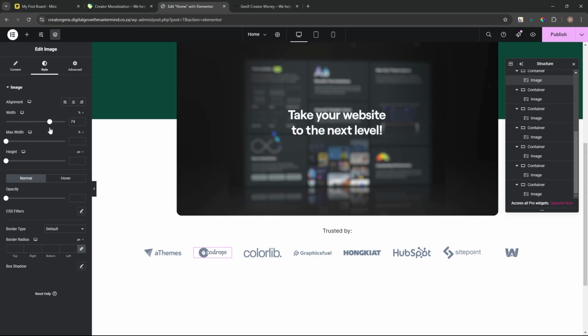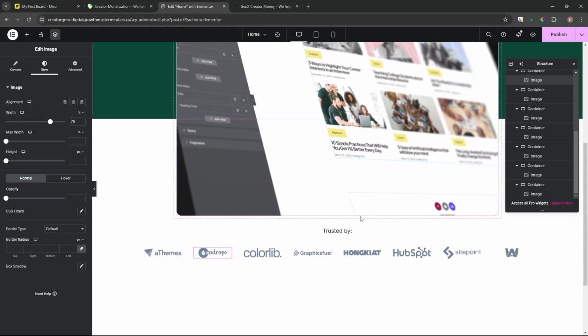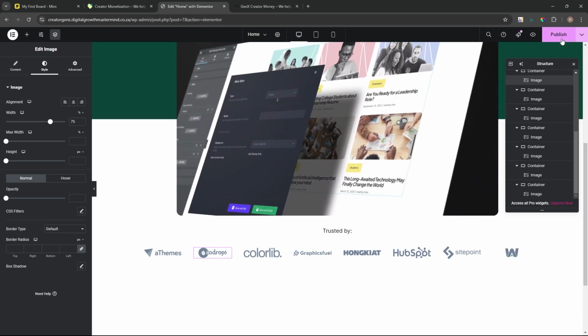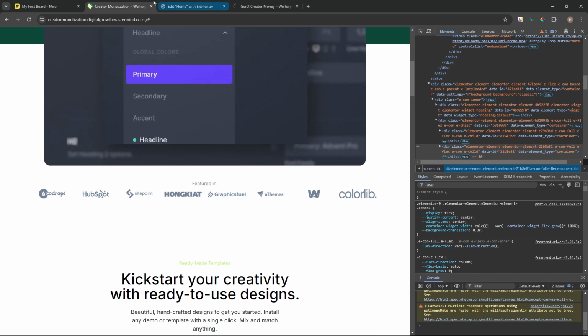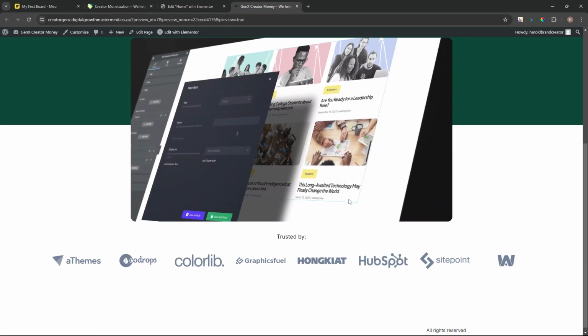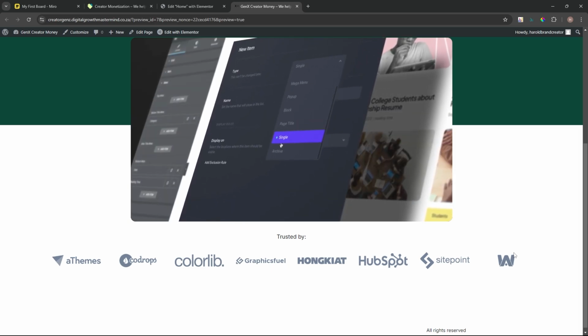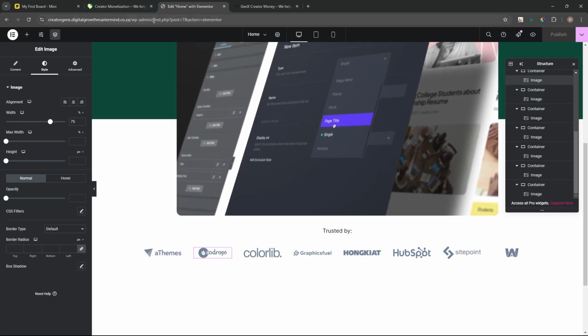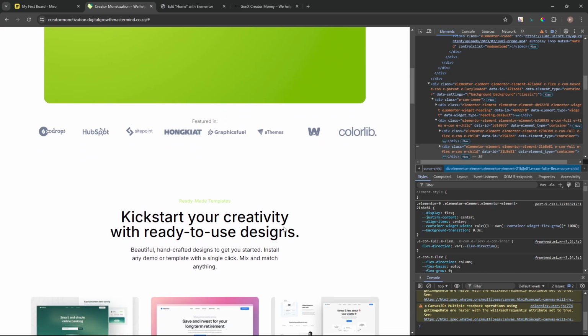So something like a 75 maybe, right? It's not bad. I'll just save. These ones were smaller, but mine are like bigger and more clear, right? And this one was too big though, right? I managed to do that. And then